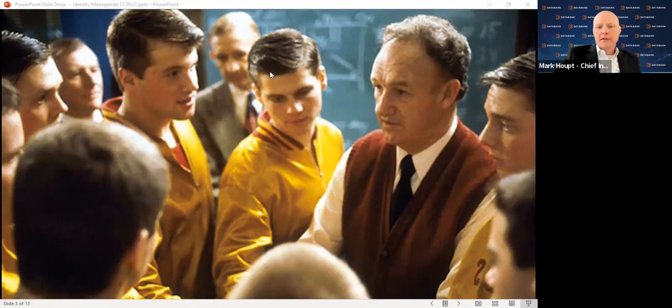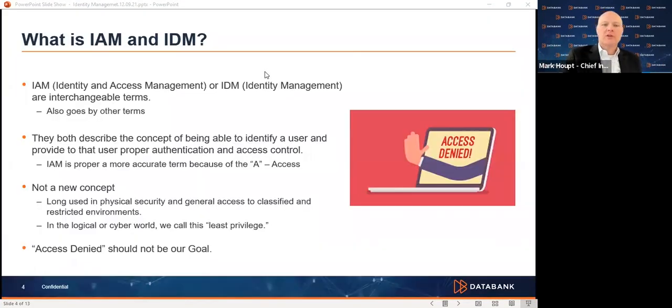We'll strip it back and let's just make sure that we're all on the same page with understanding what IAM and IDM is. The reason I put them both in here is because this is one of the things that we need to strip back. We need to strip back all of the various terms that are used for identity management. Let's just be real. Identity management is something that's been around a lot longer than IT has been around, a lot longer than the need for IT logical identity and access management.